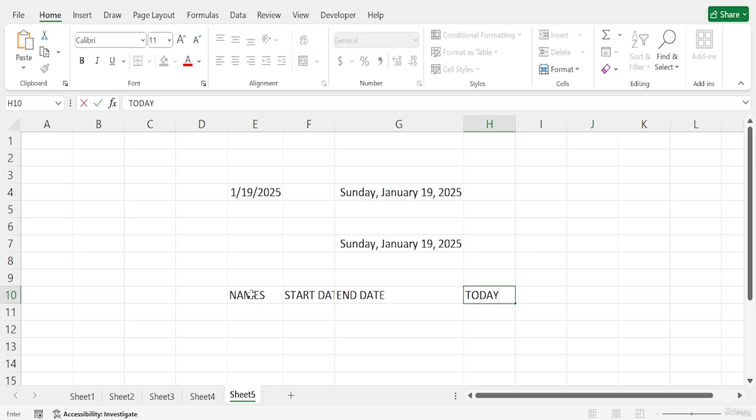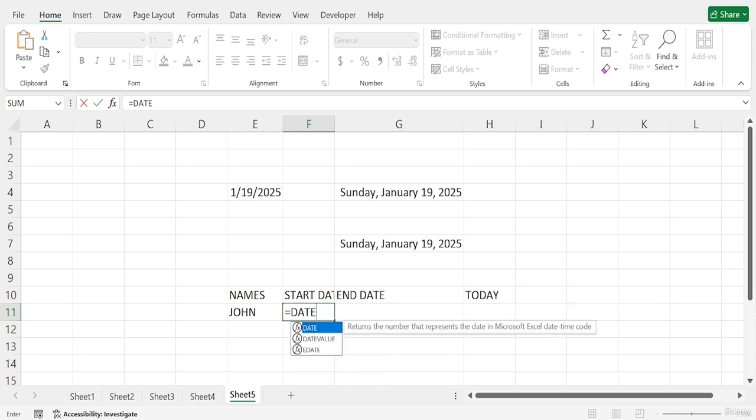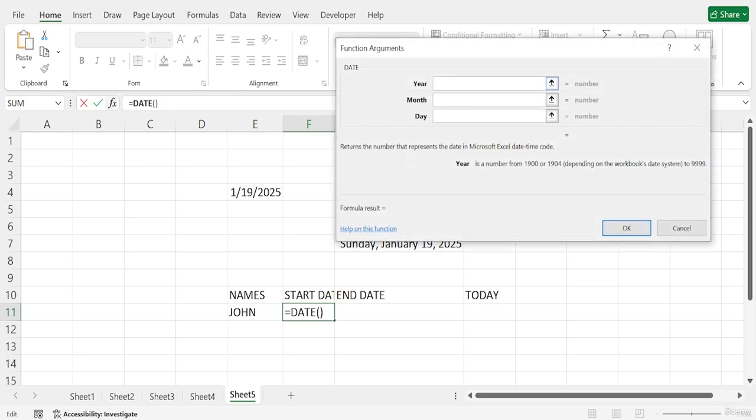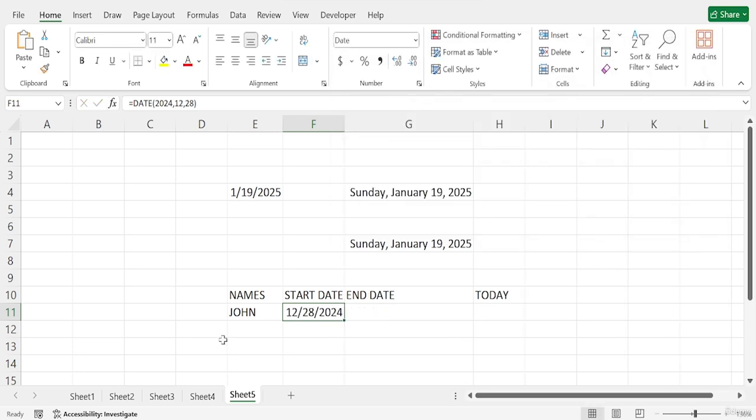So if I add a name like John, and then want to add a custom date, I will call the DATE function and go to the function arguments. Let's say the start date is 2024, the month is December, and the day is 28. If I press OK, it will appear like that.